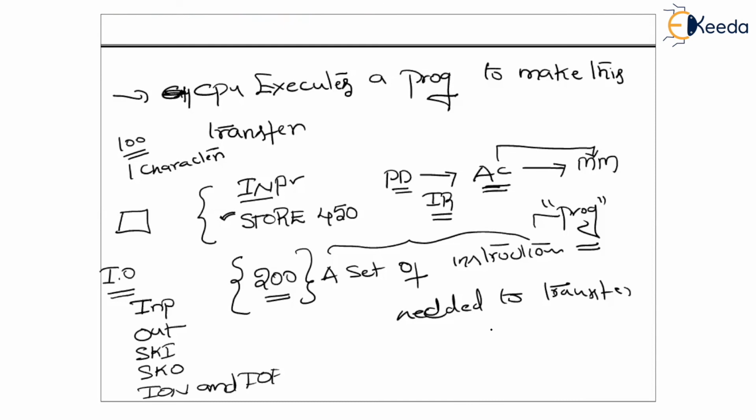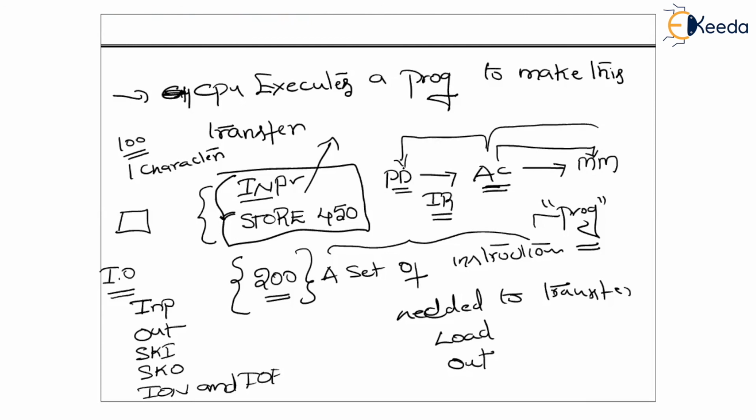Let us say one flag is set at the end of the 23rd instruction. So CPU is going to suspend the 24th instruction, which means that the current program has been suspended, after which an IO program is going to be executed. Okay. The IO program consists of these two instructions. If it is an input transfer, an output transfer will have two instructions. Those are load and OUT. Load will make a transfer from main memory to accumulator. OUT makes a transfer from accumulator to peripheral device. Okay, so this is the thing. Hence, we are calling it a programmed IO.